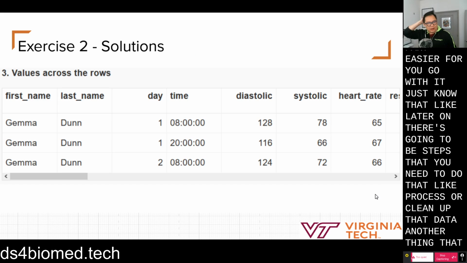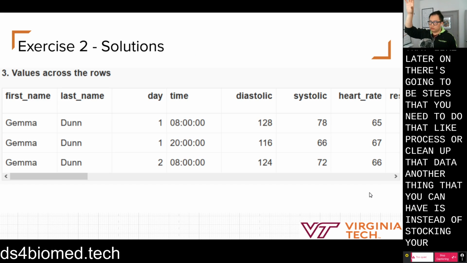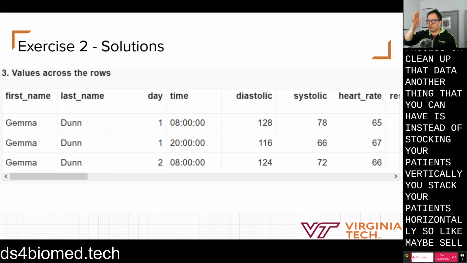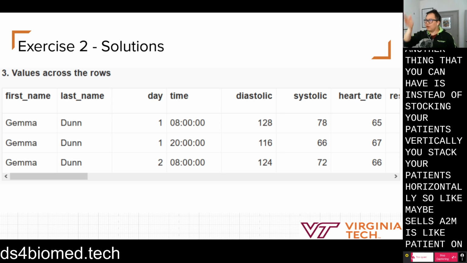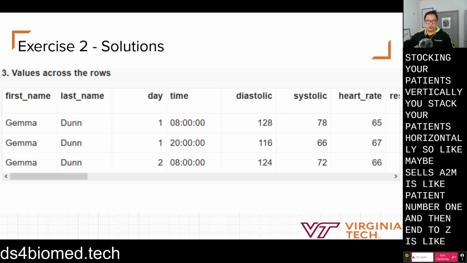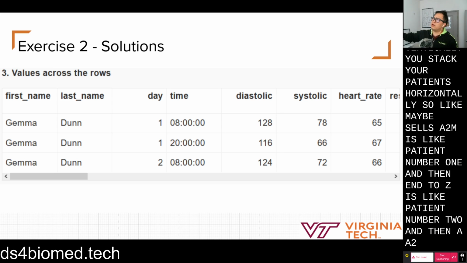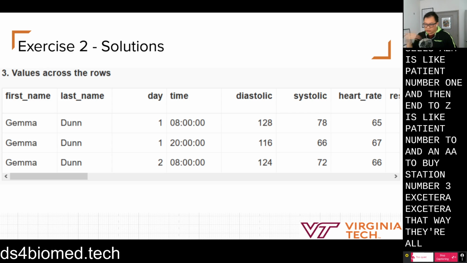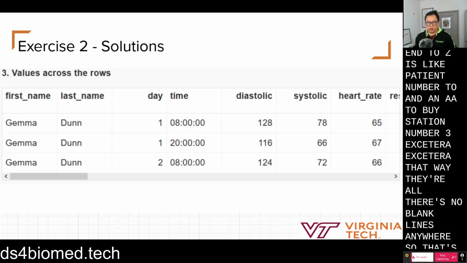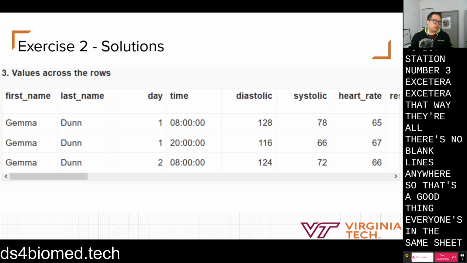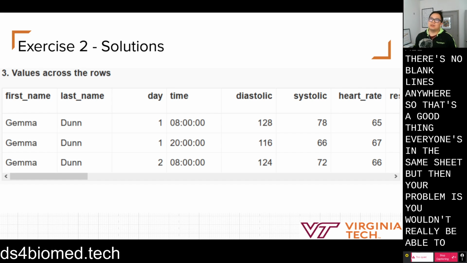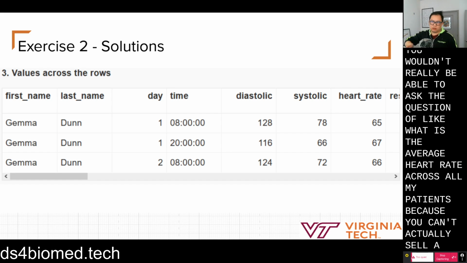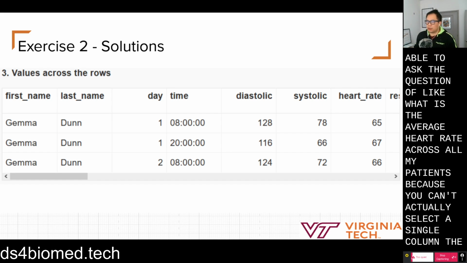Another thing that you can have is, instead of stacking your patients vertically, you stack your patients horizontally. So maybe cells A to M is patient number one, then N to Z is patient number two, and then AA onward is patient number three, et cetera. That way, there's no blank lines anywhere. That's a good thing. Everyone's in the same sheet. But then your problem is you wouldn't be able to ask the question of what is the average heart rate across all my patients, because you can't actually select a single column. Stuff like Excel,